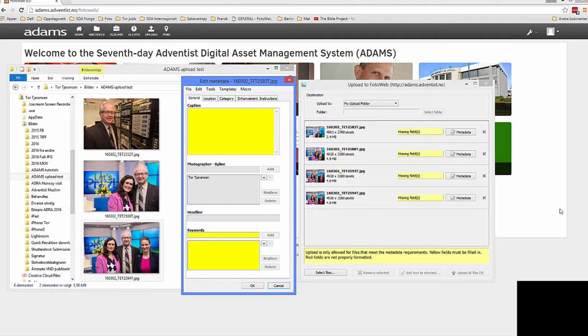Begin by filling in the relevant fields, and in the caption field you should enter the following types of information: who is in the image, what the occasion is, where the image is taken, when the image was taken. Entering information about who, what, where and when will make your image searchable, and it provides necessary information for others